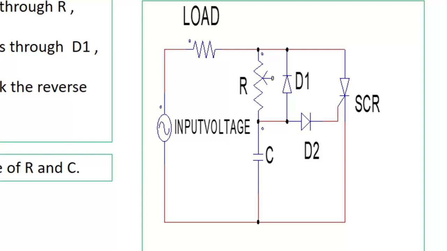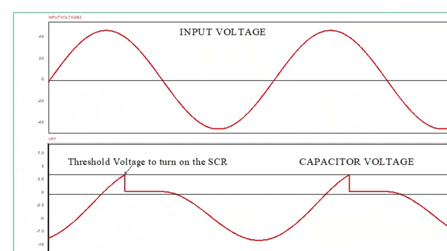Now, in the positive half cycle, the anode is connected to the positive supply, cathode to the negative supply. At the same time, you know that the capacitor voltage is lagging the supply voltage. Lagging means when the input voltage reaches its maximum value, the capacitor is still at a voltage which is less than its maximum value. Let's see the simulated waveform. The top one is the input voltage, the second is your capacitor voltage. From here we can clearly see that the capacitor voltage is lagging the supply voltage.